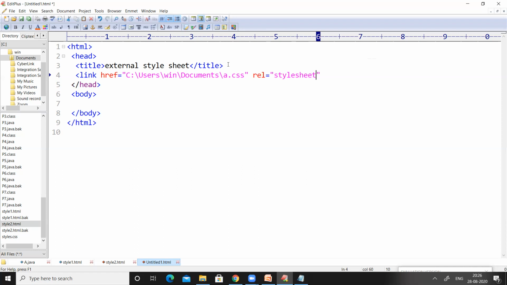The CSS is a style sheet to the HTML document. That's what we have written, style sheet. Next, one more attribute is the type attribute. For the type attribute, we have to give text/css.